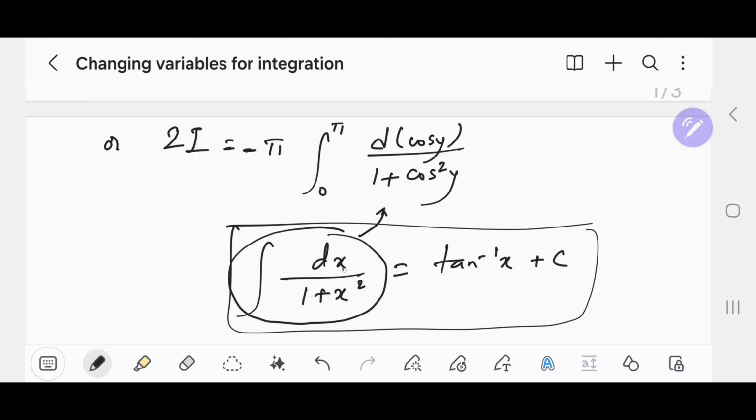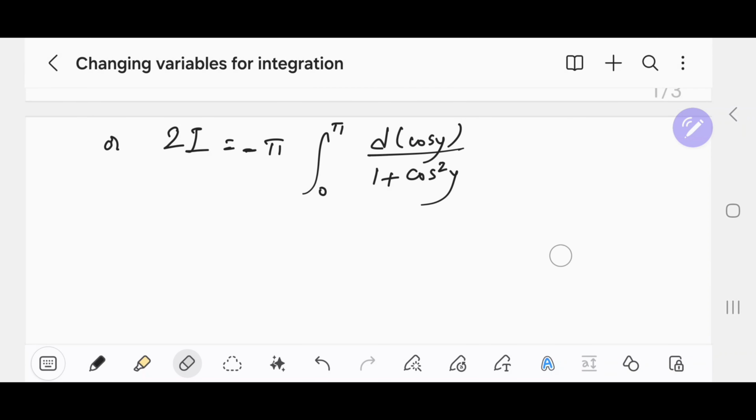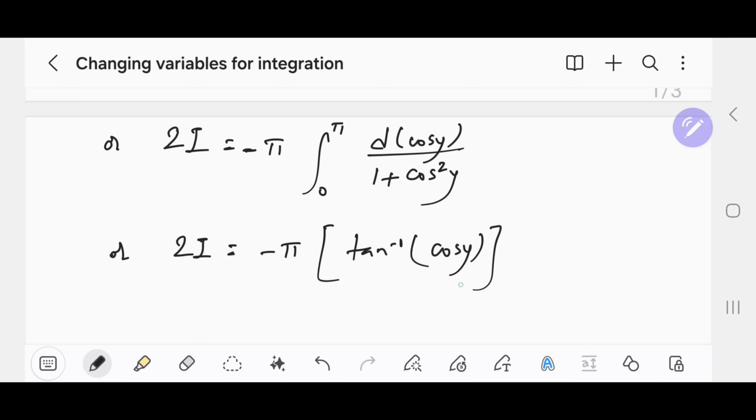In place of x, we have cos y as a variable. So 2I equals minus pi, this will be equal to tan inverse cos y from 0 to pi,